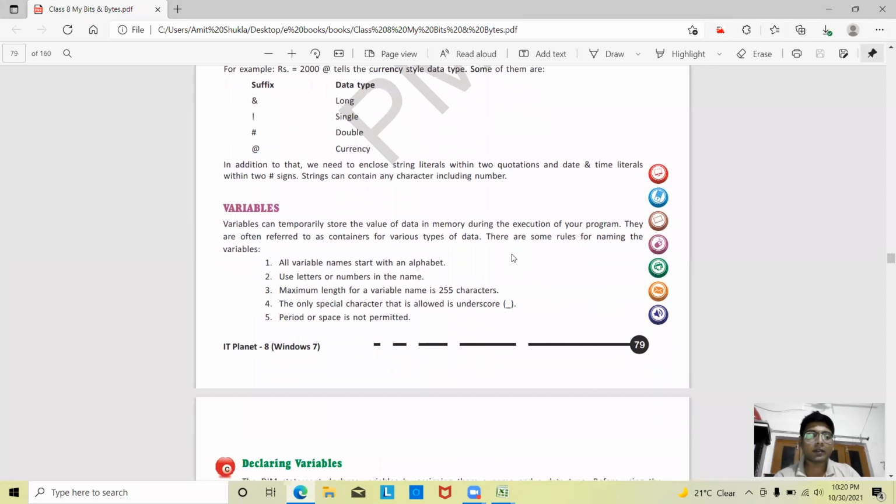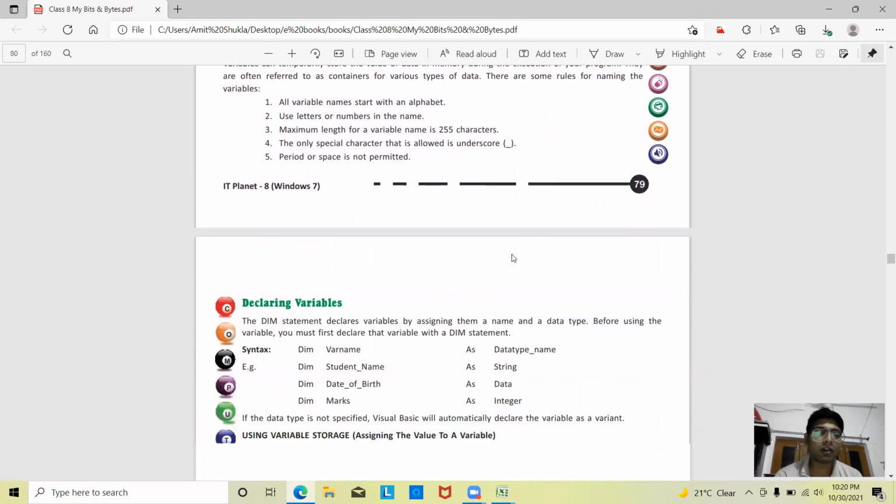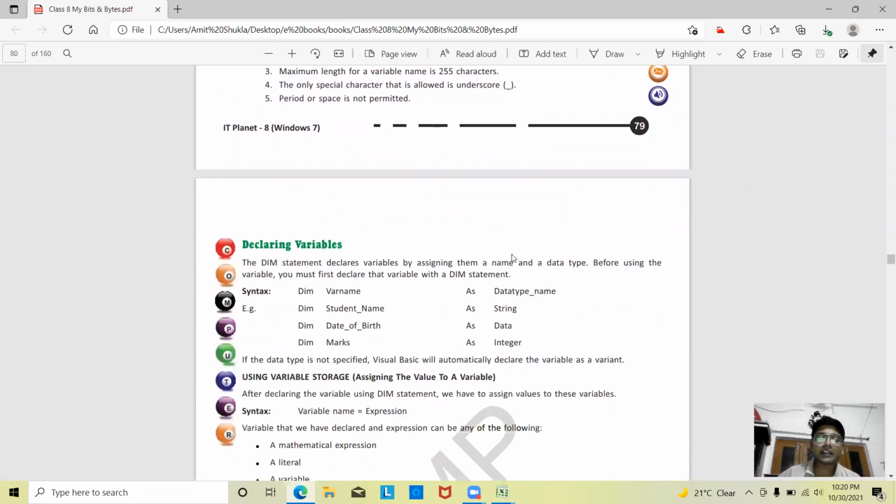So there is a variable. So what is a variable? We have taken dim a, b, c as integer, that is called a variable, because the dim statement declares the variable and assigns a value, assigning the text box value to that variable. अभी हमने प्रोग्राम में देखा था, टेक्स्ट बॉक्स 1 की जो वैल्यू थी उसे हमने ए वेरिएबल में स्टोर किया, देन टेक्स्ट बॉक्स 2 की जो वैल्यू थी उसे हमने बी वेरिएबल में स्टोर किया, एंड फाइनली हमने ऑपरेशन करके सी इक्वल टू ए प्लस बी प्लस ऑपरेशन करके उस वैल्यू को टेक्स्ट बॉक्स 3 में हमने ट्रांसफर कर दिया, एंड दैट विल शो द टेक्स्ट बॉक्स 3 वैल्यू.